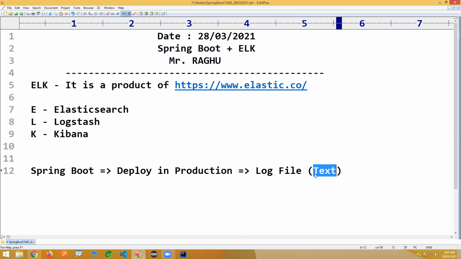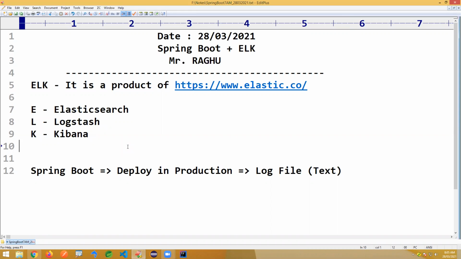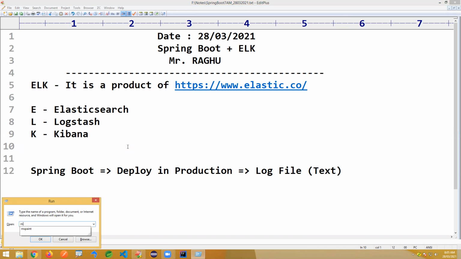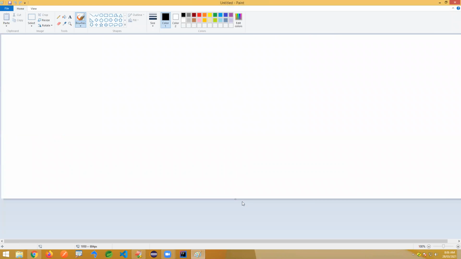A log file is generally a text file. If you got any errors in production, we have to open this log file and search manually, with Control F, entering some keyword like error or some REST controller name. This is manual search. I want to visualize this log file searching by using one UI. So for that, we are going to use a combination of Elasticsearch, Logstash, and Kibana. Let me show the process step by step, what it is actually doing. Observe here.